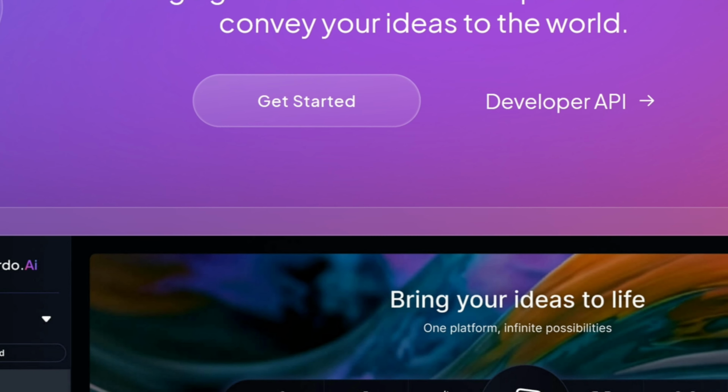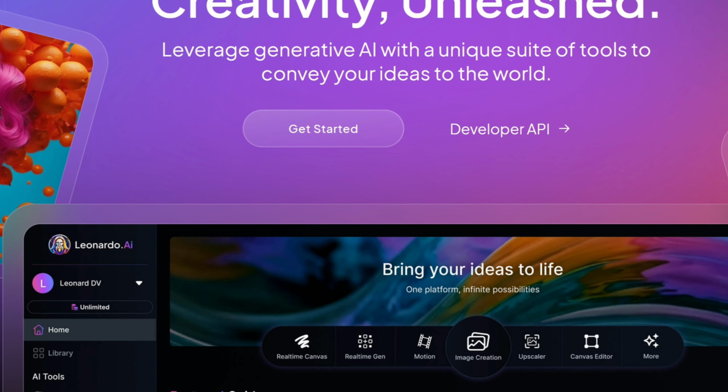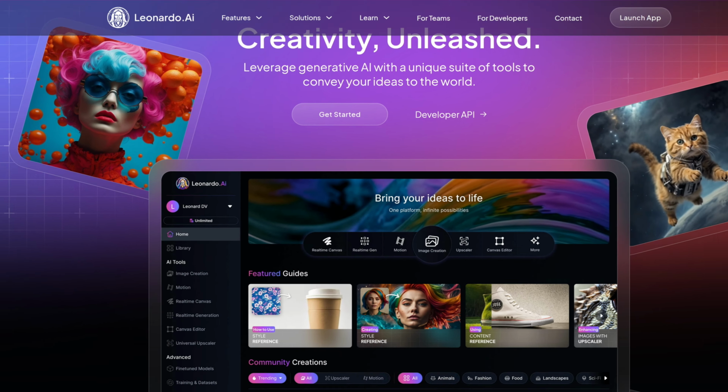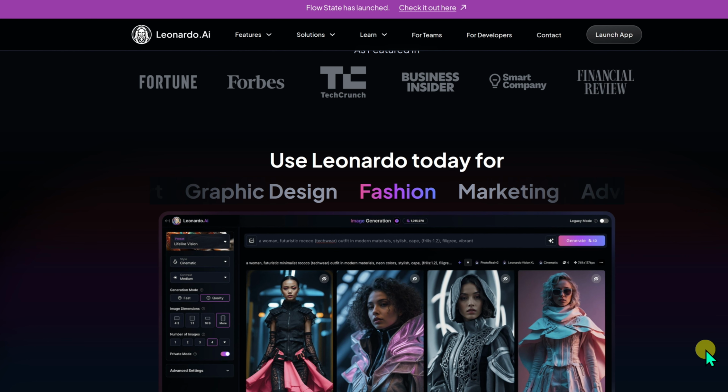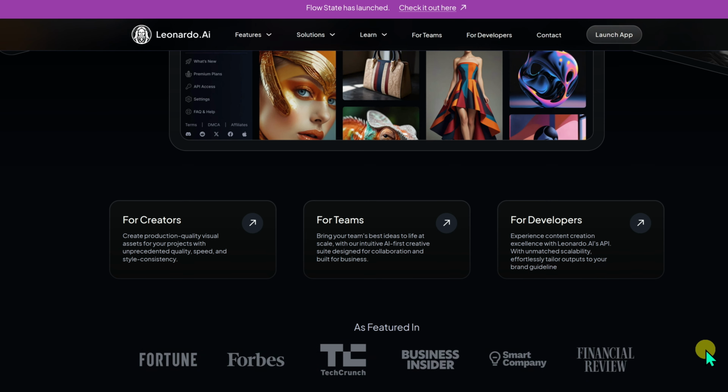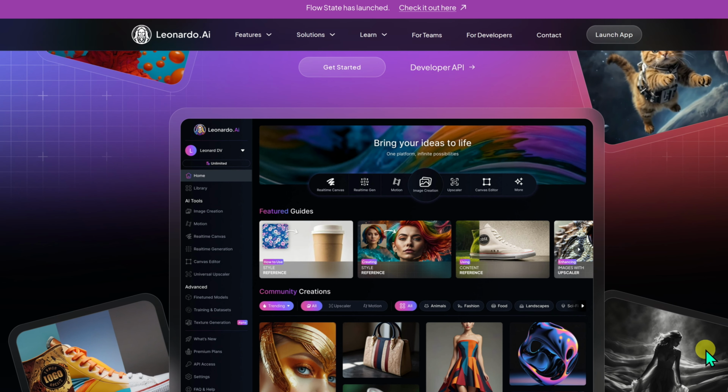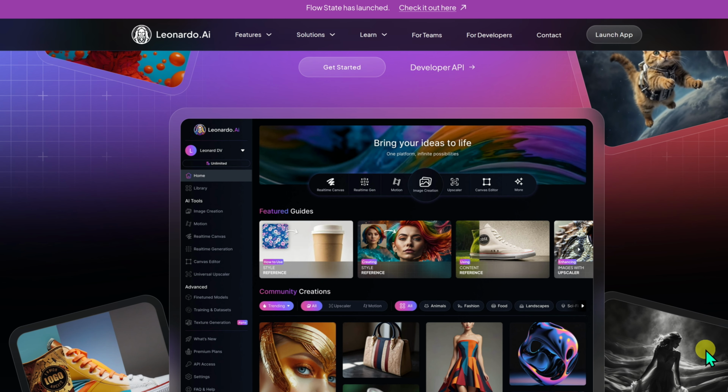This time using a professional grade image generating AI called Leonardo. This tool is seriously impressive and it gives you that polished, high quality finish that looks straight out of a premium design studio. So, come along with me as we create something awesome. For this example, I decided to design a Lionel Messi action figure.